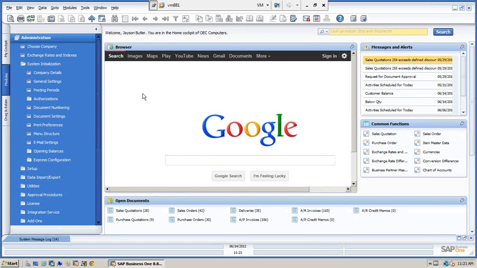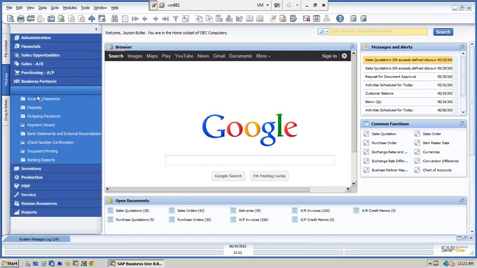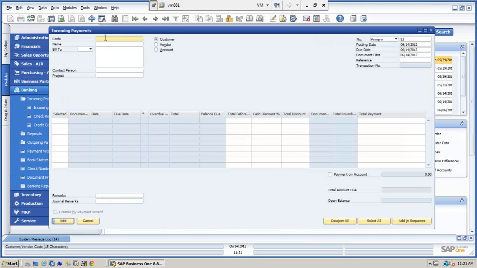That is for just entering the data. When we actually pay the bill, now we're going to make the effect. Because now when we actually pay the bill, we are going to actually post the difference to the realized gain loss account, because we're either going to make money or lose money. So let's go into that. Let's go into banking, and let's do an incoming payment. Okay, and let's select